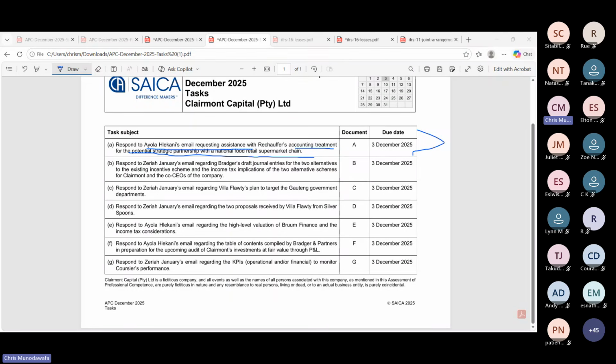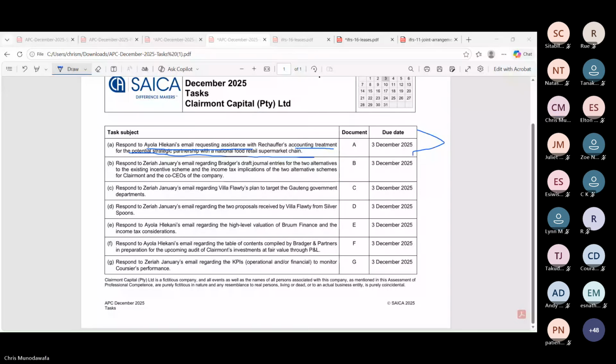Number 5, coverage assists me to consider both financial and non-financial implications. Are they financial? Are they non-financial implications? Number 6, coverage assists me to provide conclusions and recommendations for every major matter. And number 7, I can use the required communication format. So coverage is therefore about breadth and completeness.